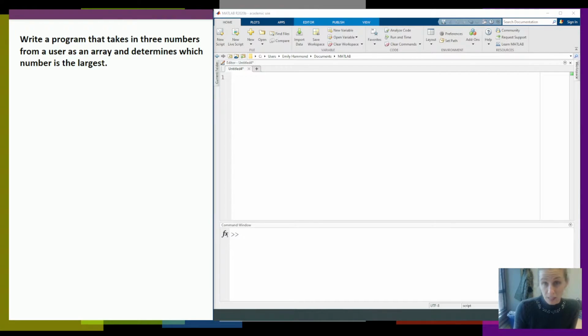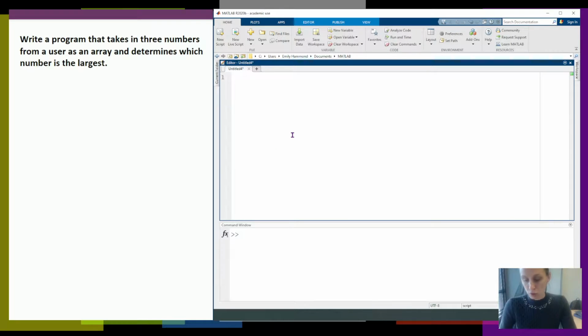Let's go over an if statement example. So here I have a prompt. It says, write a program that takes in 3 numbers from a user as an array and determines which number is the largest. If I go over to MATLAB and I just start by taking in 3 numbers from a user, I would say x equals input, enter